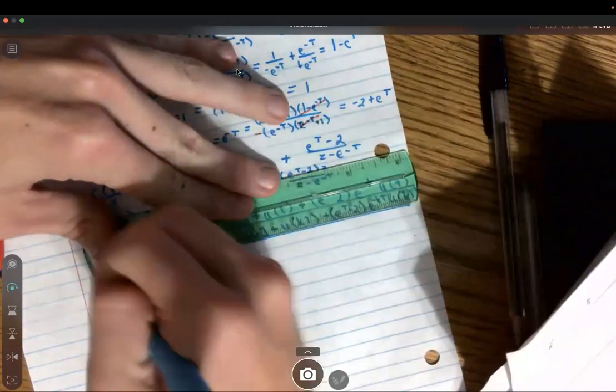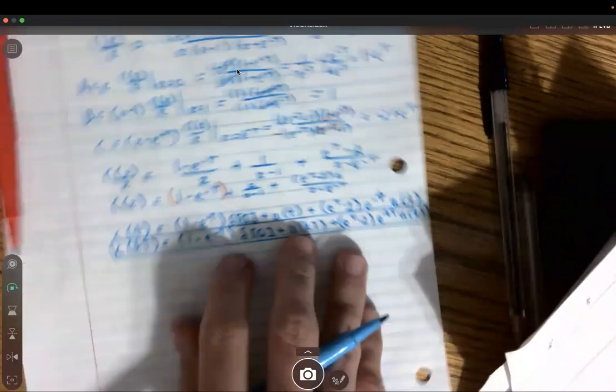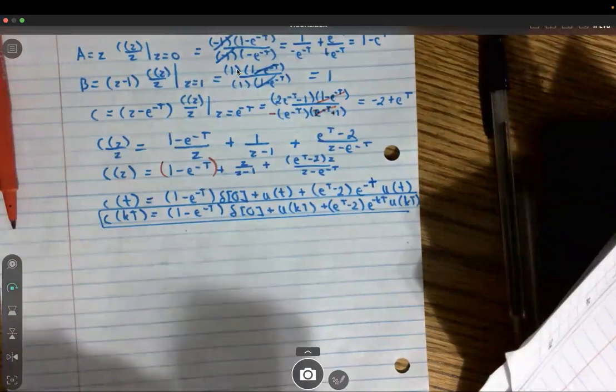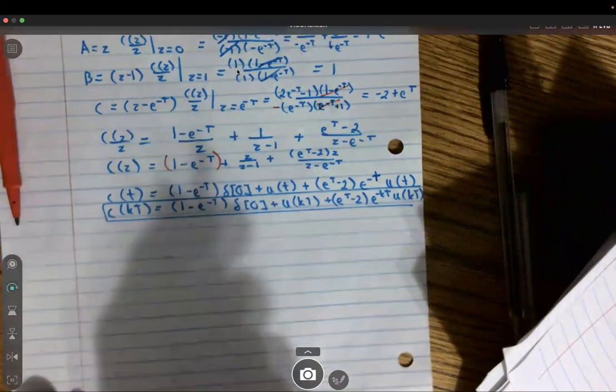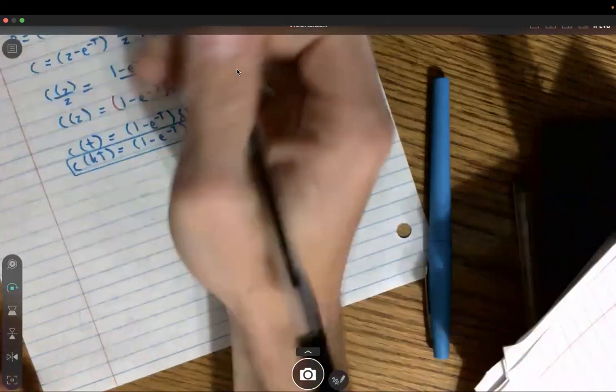Okay, now that we've found that for our system, what we're going to do now is look at a closed loop system. So we've been dealing with open loop systems. In order to find the closed loop system, say that we're given the following configuration, where we have our